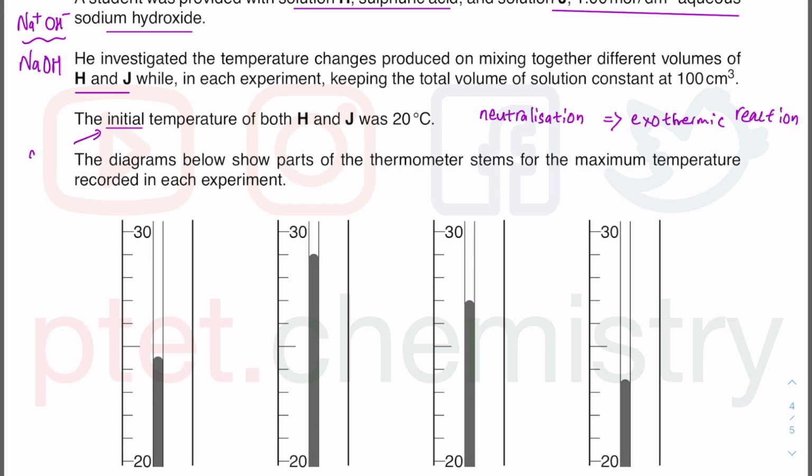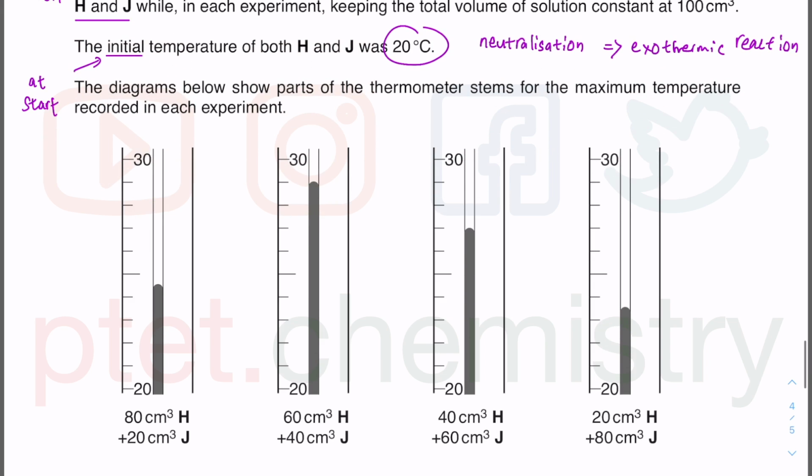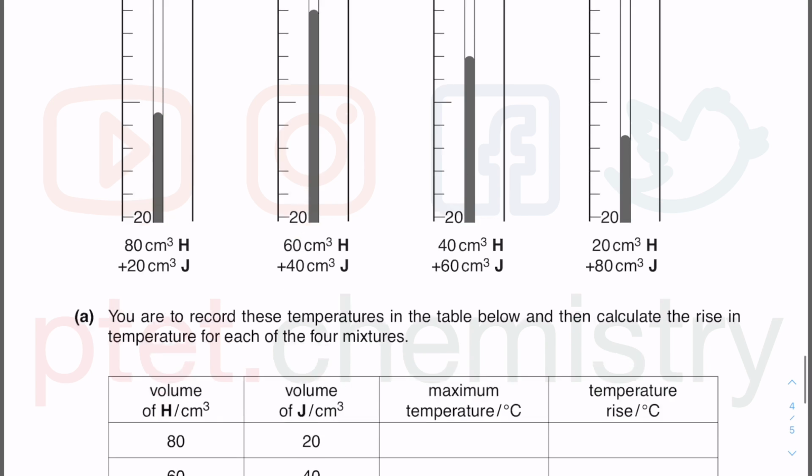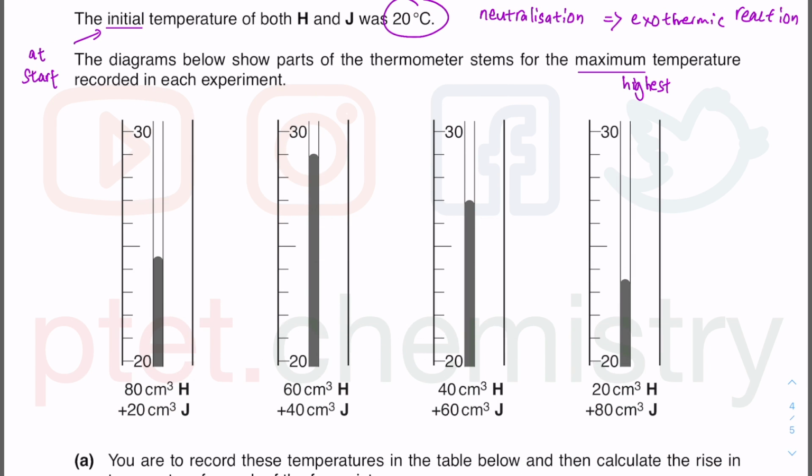Now, both of these solutions have an initial temperature. Initial means at the beginning, at the start. You are above 20 degrees Celsius. The diagrams below show parts of the thermometer for the maximum. Maximum means the highest temperature recorded in each experiment. When you have this much sulfuric acid and this much sodium hydroxide, so the difference between each of these experiments,